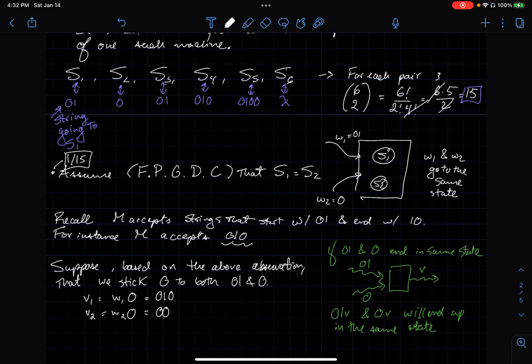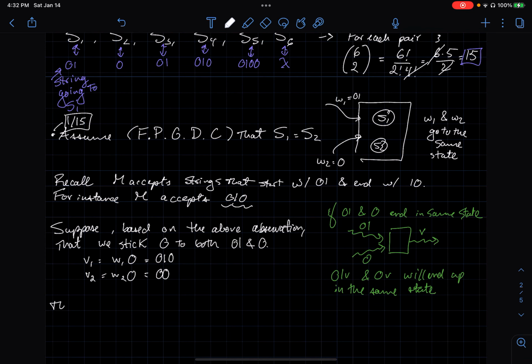So what this means is that v1 and v2 end in the same state in M, okay? But, and this is where the contradiction happens,